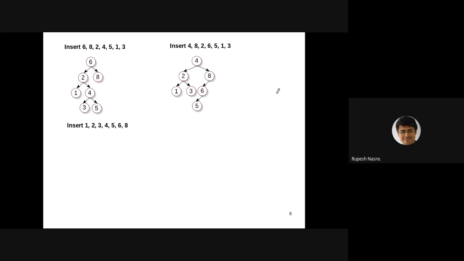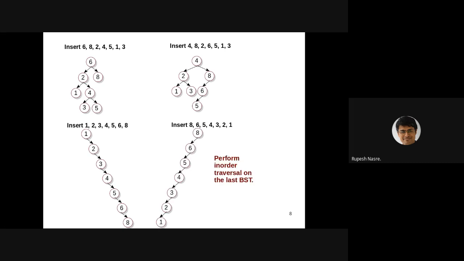Okay. Then this is the increasing sequence, and we have already discussed that an increasing sequence is going to become the right skewed tree, and the decreasing sequence is going to become the left skewed tree. And this shows that the order of insertion is going to decide how the structure of the tree is going to be. Right? Now let's do in-order traversal on the last BST. What will be the output of the in-order traversal on the last BST? Recall what the in-order traversal was. Left, node, and then right. So LNR was our in-order traversal. What will be the output on the last BST?